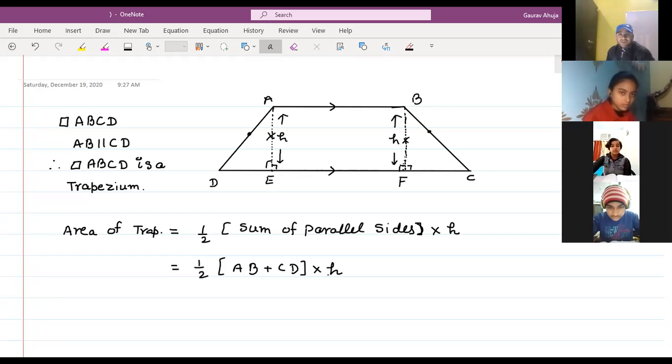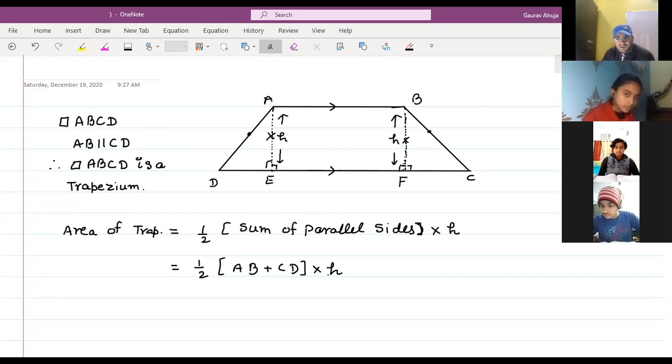Children, this is the basic concept behind this chapter. We should know the formula of the trapezium. In the next exercise, we'll have polygons made of a rectangle, square, and trapezium. Then we have to split that diagram into different parts, find the area of each part, and add them to get the answer. But in the first exercise, we'll get only questions based on this formula.